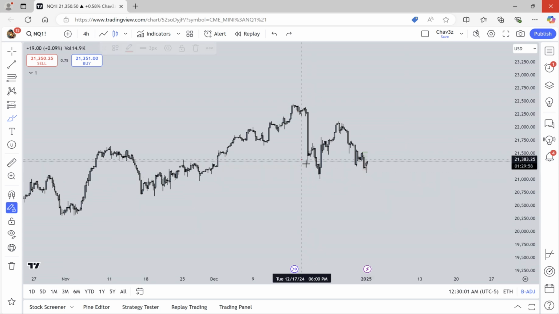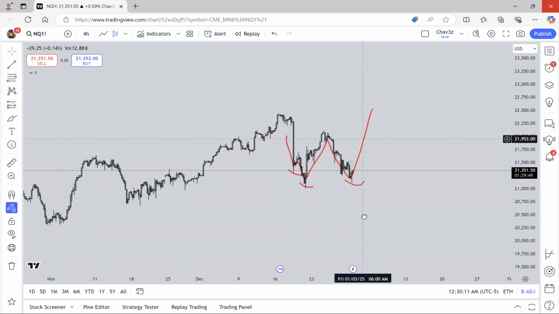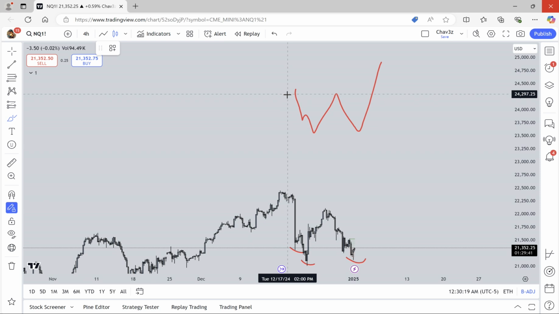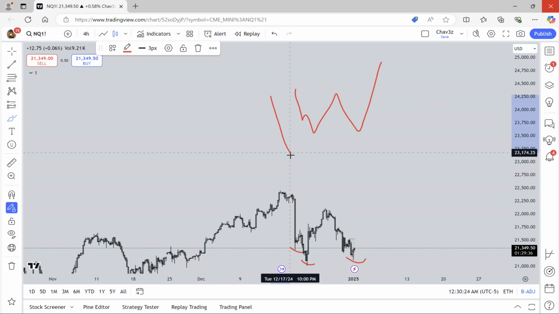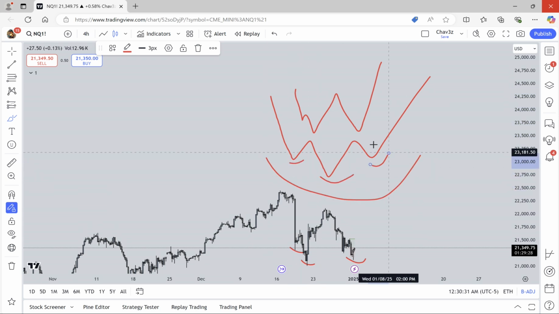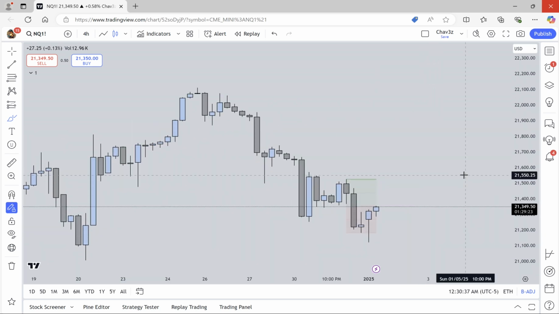So if we go back, we have this low, and this low. What does that create? It's a little wonky one, but it creates the same type of head and shoulders or market structure shift, right? If we look at it from a market structure standpoint, right, we have one, and then we come up, then we have the next, then we come up, and then we have a high, right? Same thing.